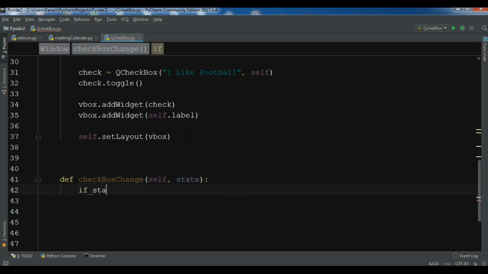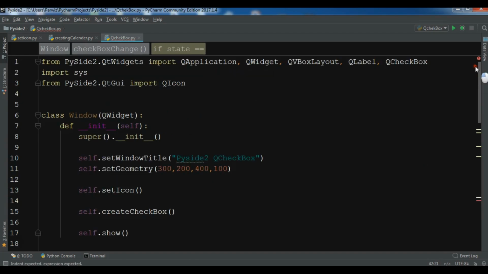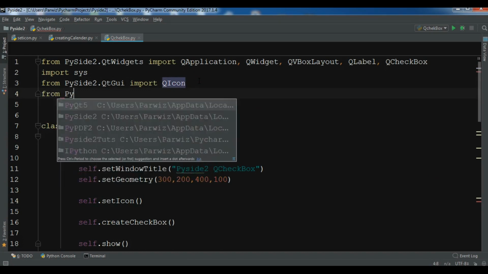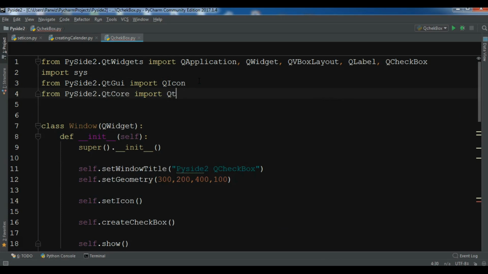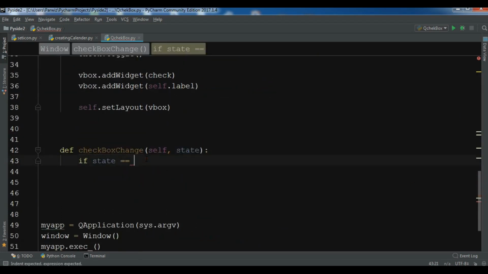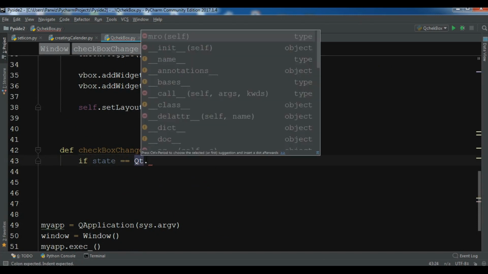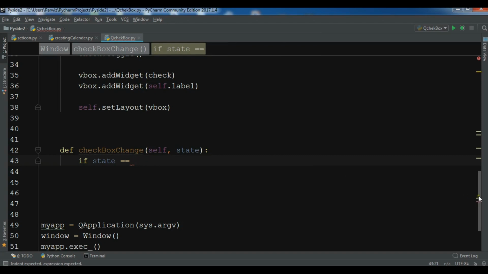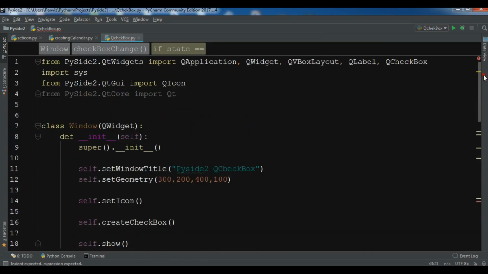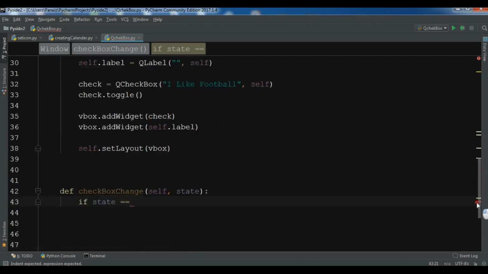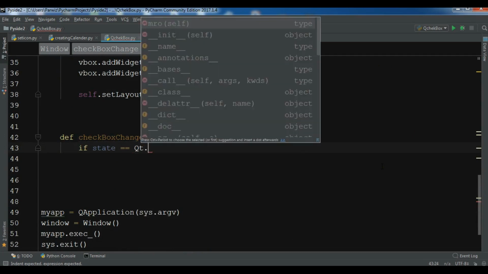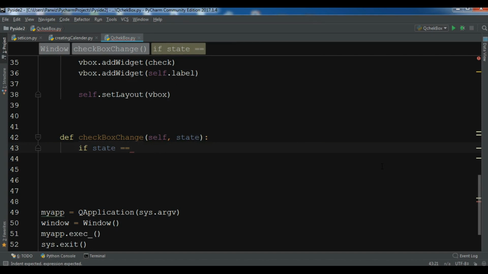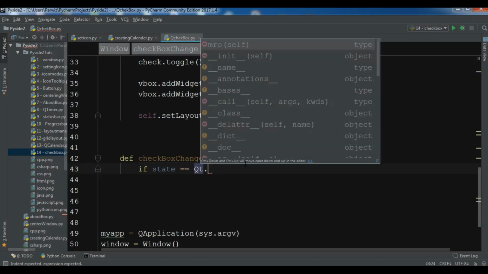So now if state is, also you need to import Qt: from PySide2.QtCore import Qt. So if a state is Qt.Checked,